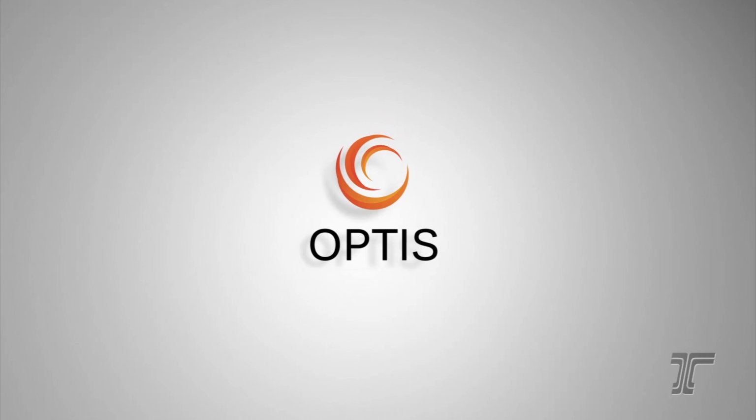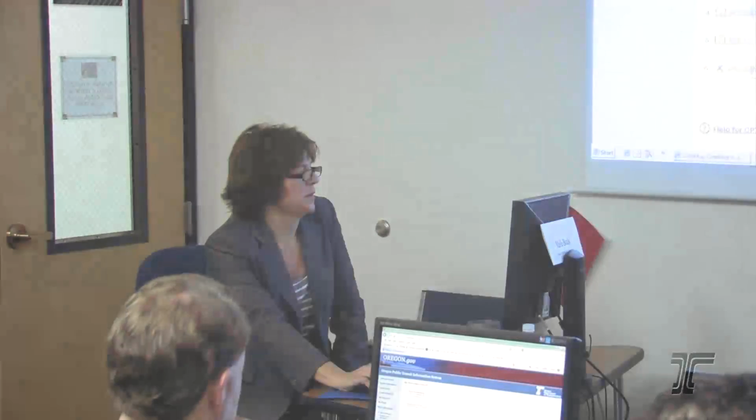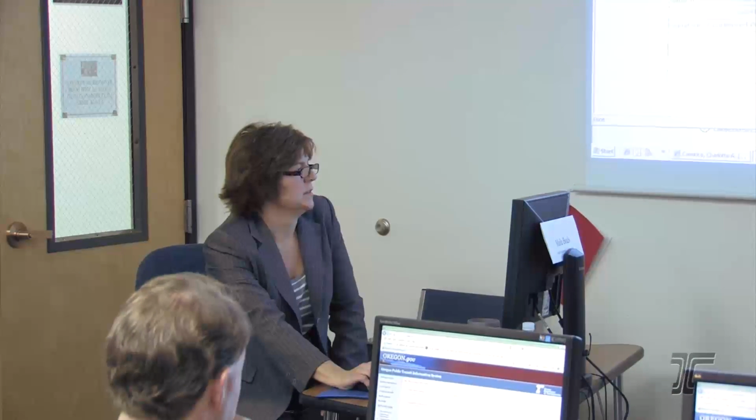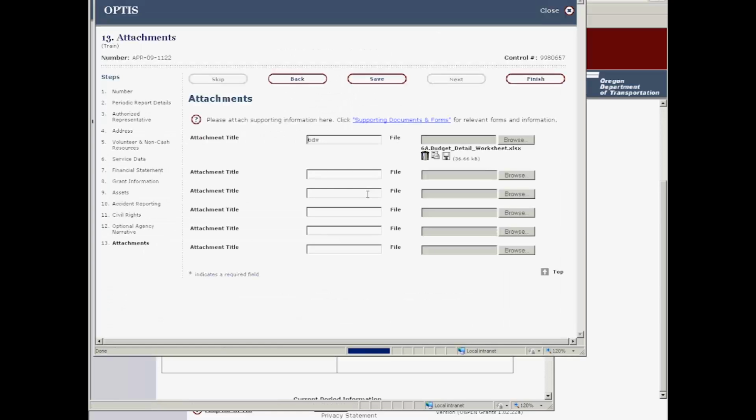Let me show you something that I forgot to show you earlier. It has to do with attachments. This is the one we worked on earlier. Fern attached a budget detail worksheet, then she forwarded it to Charlotte. Charlotte's looking at it. If she realizes perhaps that this attachment isn't the correct one, it's the wrong quarter, or they want to redo it or something,